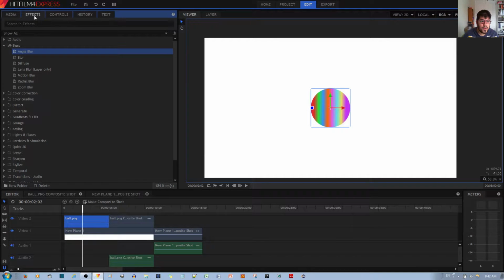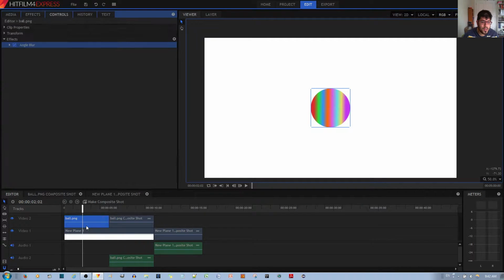So you go down to effects, you go down to the blur folder and choose the angle blur effect. I'm going to go ahead and apply that to the ball PNG. So right now under effects I have the angle blur effect active. Right now you barely notice anything, but you have a couple of options to tweak,